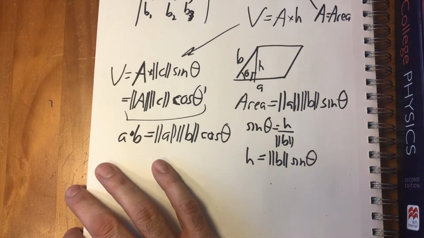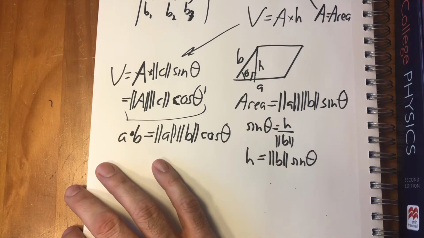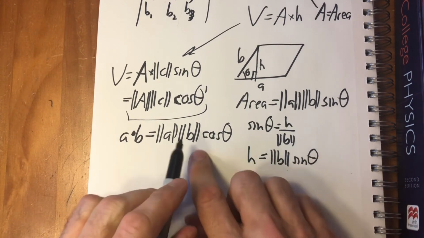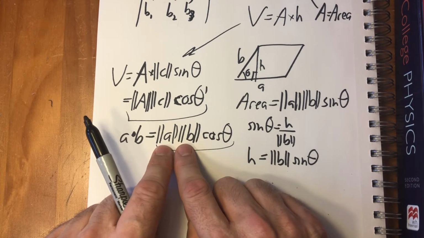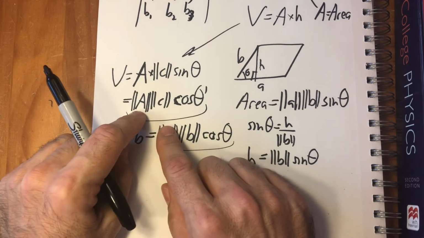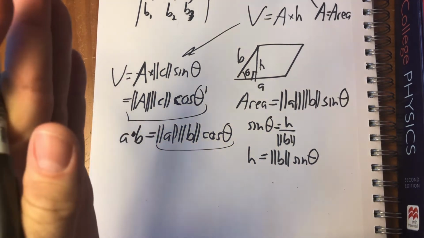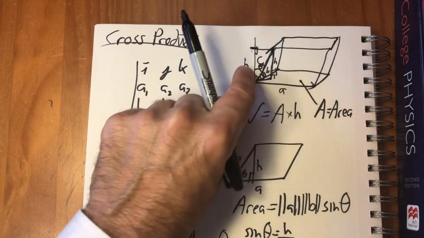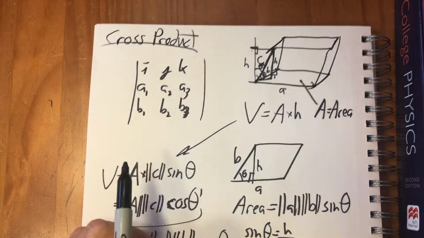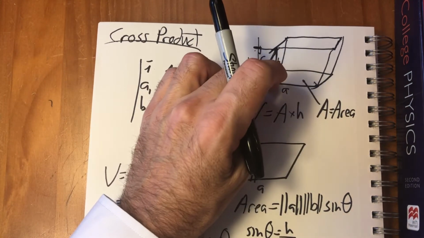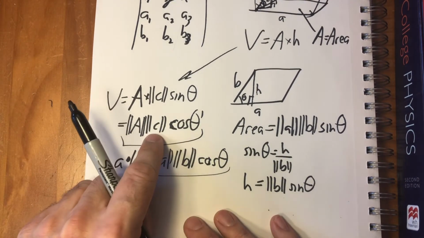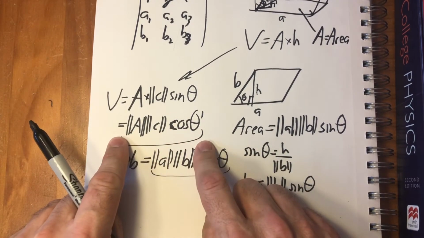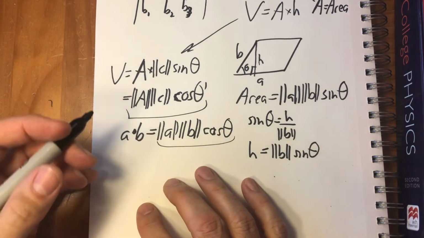So what we have then, this represents the dot product between A and B. So if we just imagine that we have a vector perpendicular to the area, to the base, with a length that's equal to the area, and then we take the dot product of it with C, that is what we have here. So in some way,